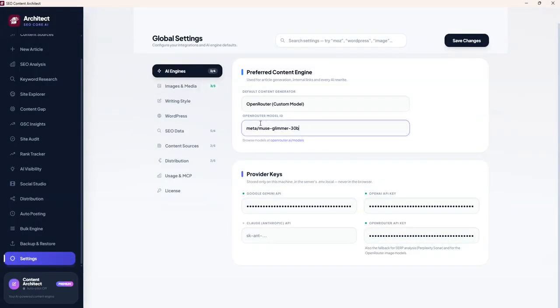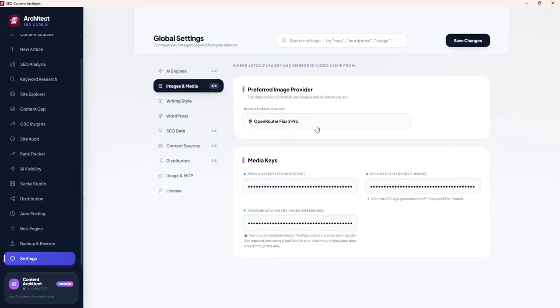And the third takeaway is simply about what this unlocks. At 3 cents per article, the economics of content change completely. Volume stops being a budget question,